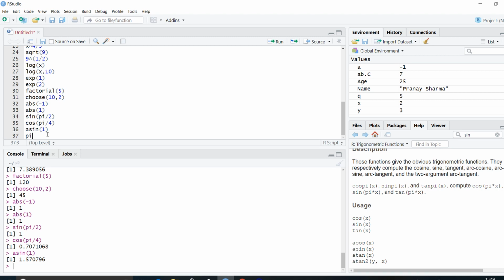Let's see, pi divided by 2, that is, yes, 1.5707. Similarly, you can find your inverse functions. You can have hyperbolic functions, sinh, and you can have inverse hyperbolic, that will be asinh. In this way, you will have trigonometric functions as well.